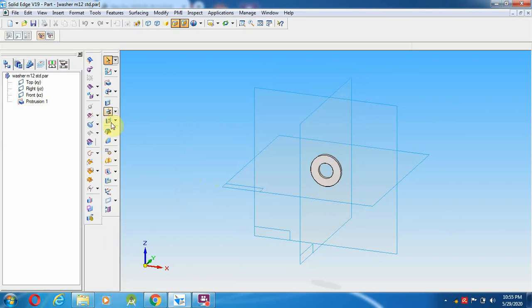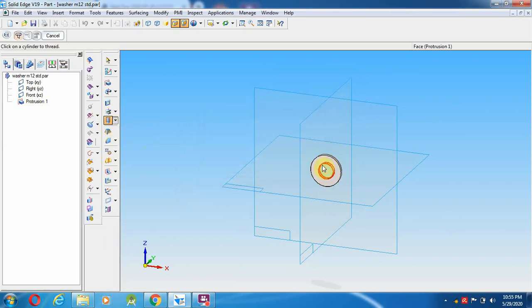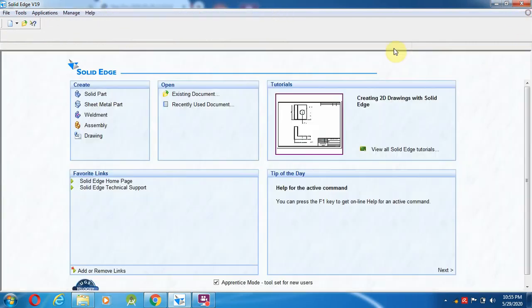After creating the washer, go over here, select thread, give OK, from inside starting from here. So that is the type of thread which I created. After that we can save and close it.